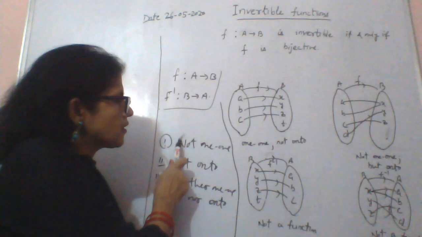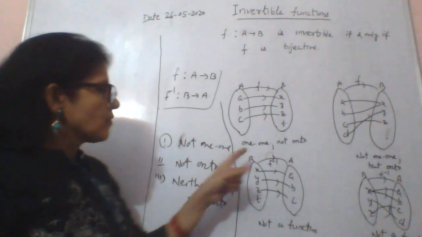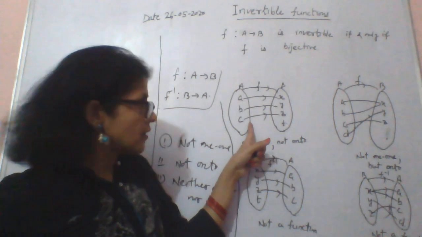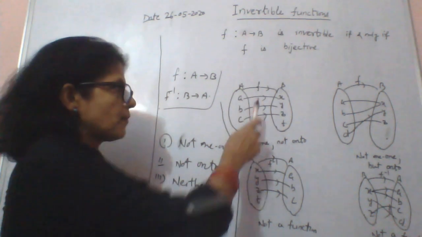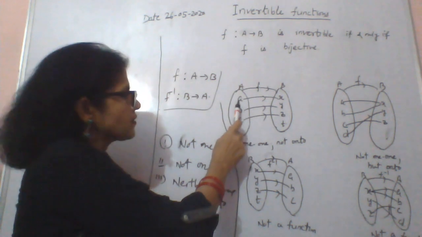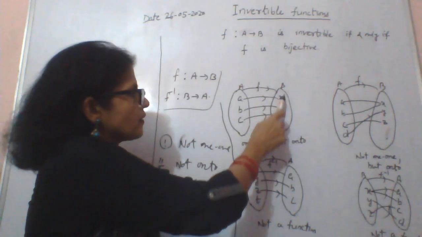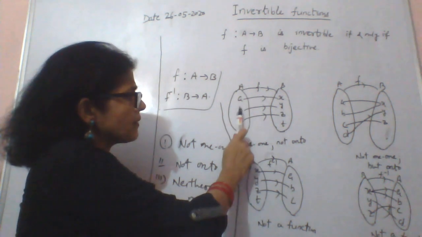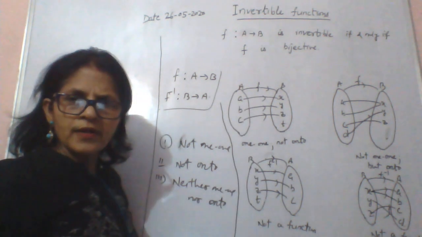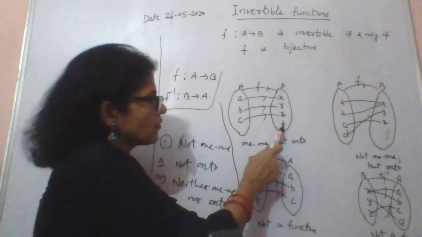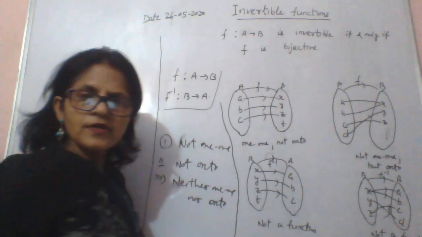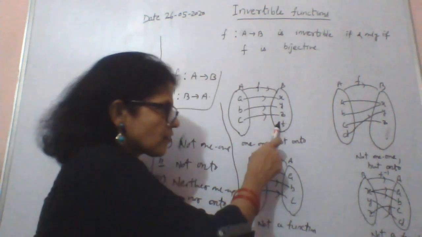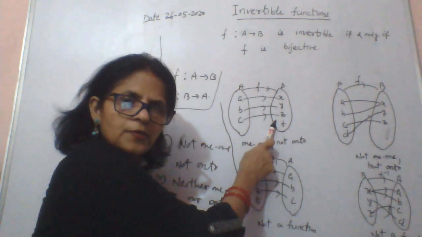So let me check. Suppose the function is not bijective. I am considering the function is 1-1 but not onto. If you see the arrow diagram, f is a function from A to B. A contains a, b, c. B contains x, y, z, t. Here it is very clear, the function is 1-1 but not onto. It is not onto because the range of the function is not equal to the codomain. Here the range of the function is a proper subset of the codomain.